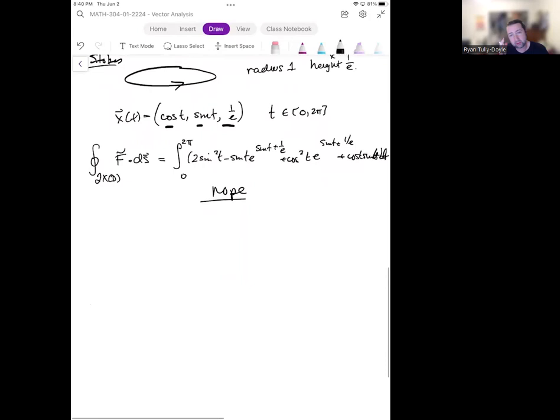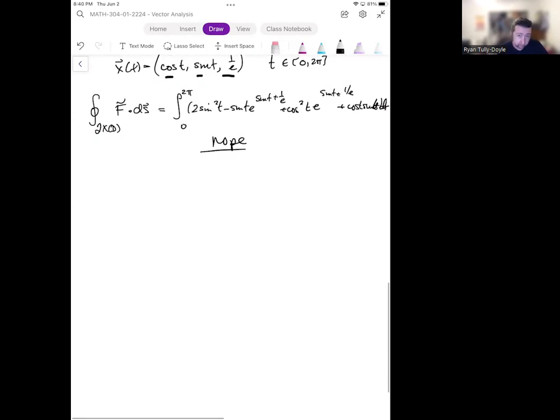So what we're going to do is say, okay, maybe I can cheese this by picking another surface that has the same boundary. Because all Stokes theorem says is that the curl through a surface is equal to the circulation through the boundary. It doesn't actually tell you the shape of the surface. If you knew the circulation through the boundary, then you know the curl through any surface that has that boundary. So